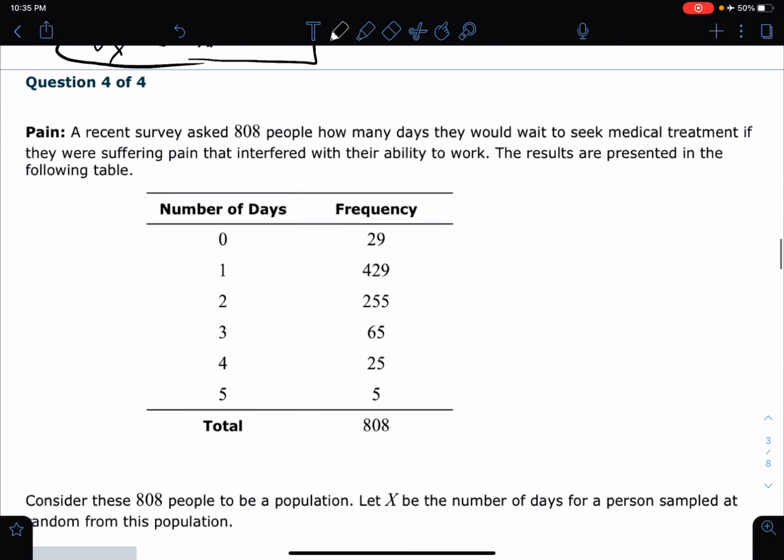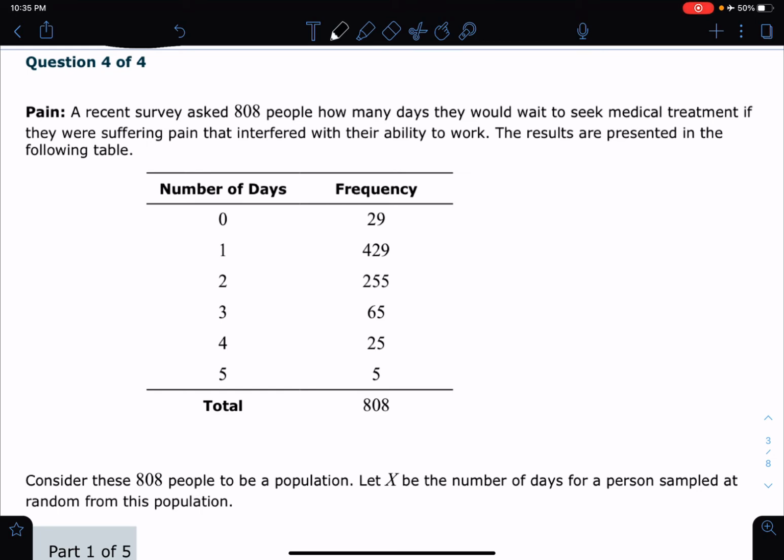Last question, number 4. It says a recent survey asked 808 people how many days they would wait to seek medical treatment if they were suffering pain that interfered with their ability to work. The results are presented in the following table. Okay, there's my let x. Let x equal the number of days a person sampled at random